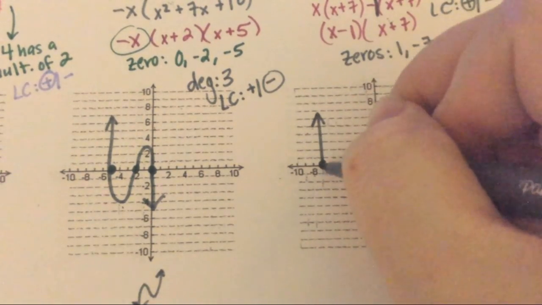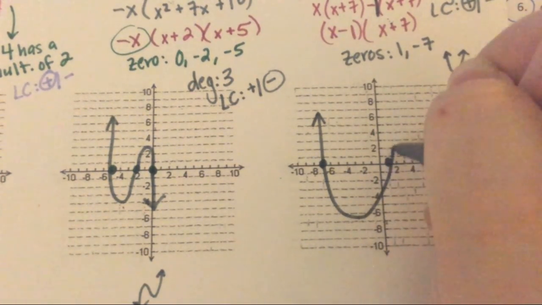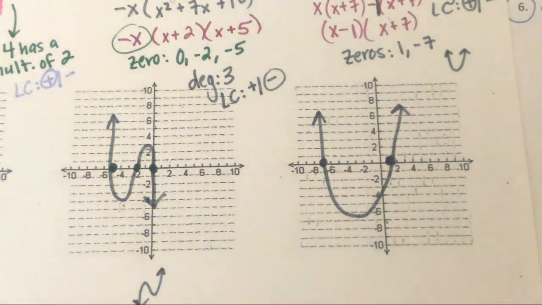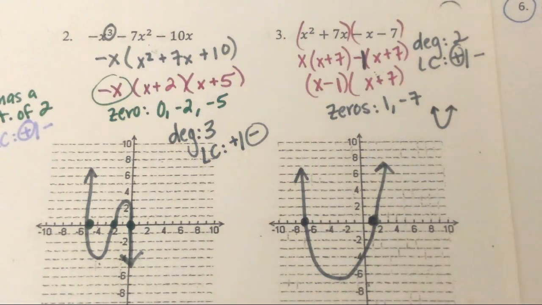So meanwhile, I know it's going to cross and look like this, and I know it is a happy face because table 1 told me it was positive. And we're done with that. Are there any questions about this? Say it again, ma'am. The degree is 2. That's why I knew it was a problem. Okay, so